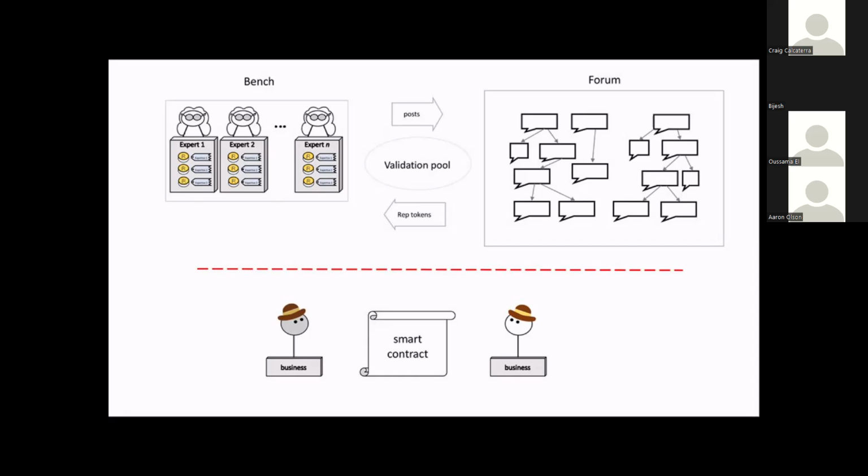And that's really essential in game theory, to make sure that this system stays dynamic, to make sure that the bench is always improving the forum and the smart contracts that they're using, or else it's going to collapse, because any static system that has a single algorithm to describe how it's going to work is eventually going to be beaten by the enemies, especially if the reputation tokens are ever worth something. Then there's a strategy that somebody can come up with that can gain a few reputation tokens and then take value out of the system.